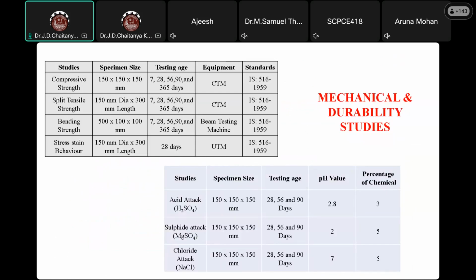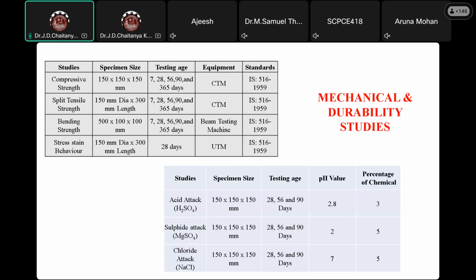For compressive strength, it will be a normal cube, 150 by 150 by 150 mm. For split tensile strength, it will be cylinders of 150 mm diameter and 300 mm length. For bending strength, I took a 500 mm by 100 mm by 100 mm cross section. I went for the stress-strain behavior to attempt the E modulus values, but due to some unforeseen circumstances I didn't calculate the E values. All these tests are done for 7 days, 28 days, 60 days, 90 days, and